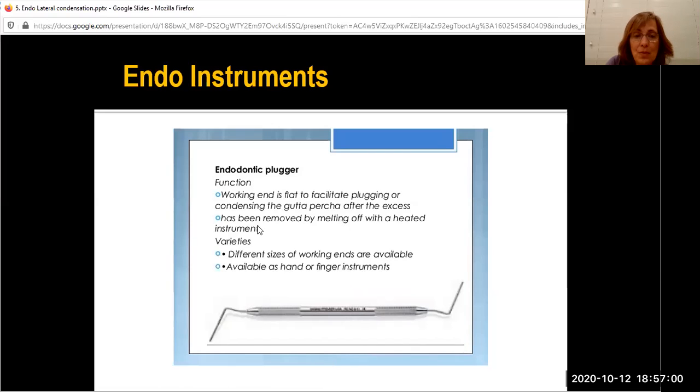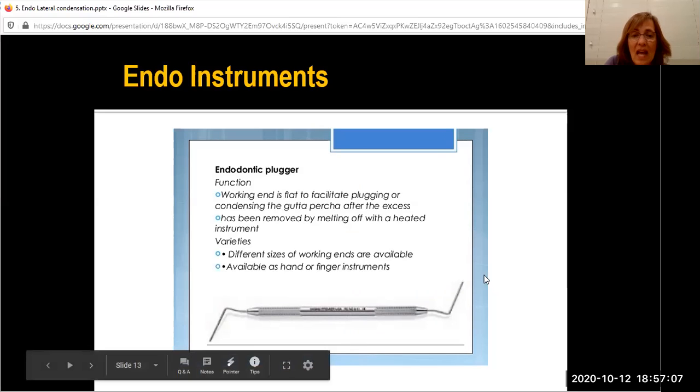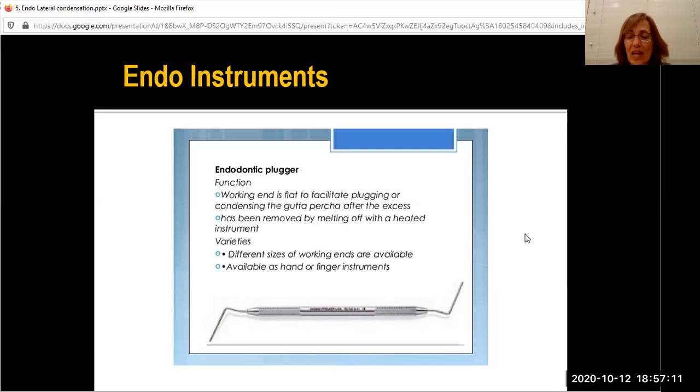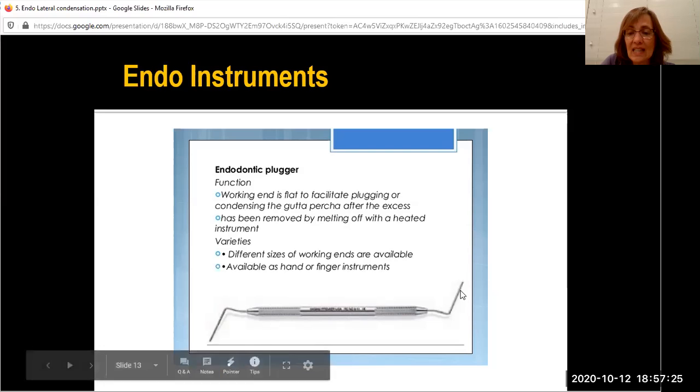Endodontic pluggers. Endodontic pluggers have a flat surface, and they are used in 2 areas. Number one, the endodontic pluggers come in various sizes, and they are going to be used when we're discussing vertical condensation. But in this slide,